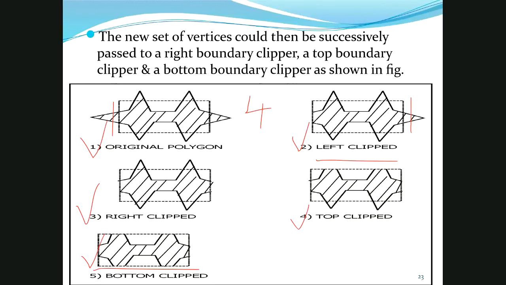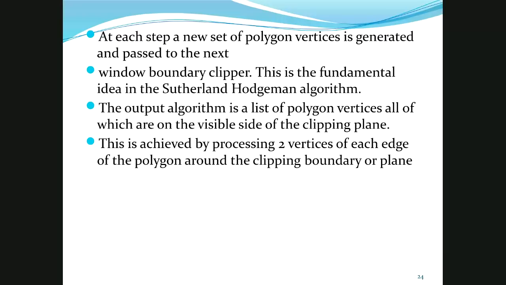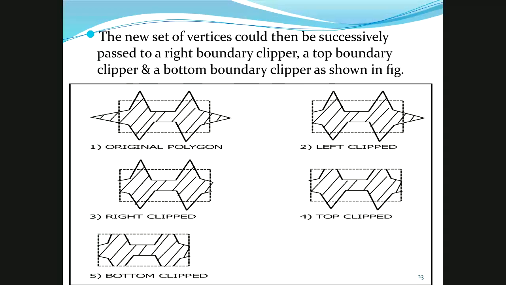In the first step, you have the original diagram. In the second step, maybe left. In the third step, maybe right. In the fourth step, maybe top. In the fifth step, you make the bottom clipping. So these are the actual Sutherland-Hodgman processing steps. Then coming to the explanation of this example, what is the first step, what is the second step, each and everything